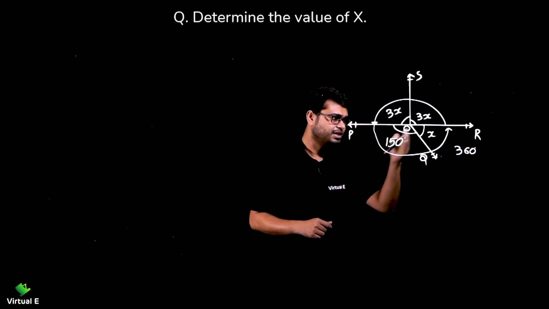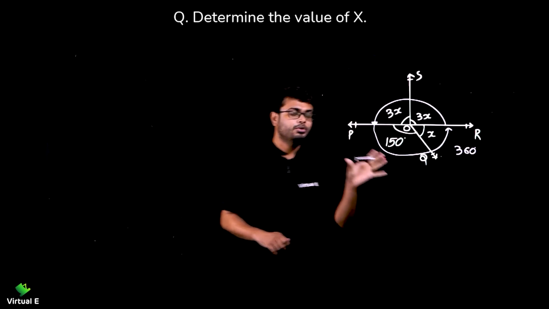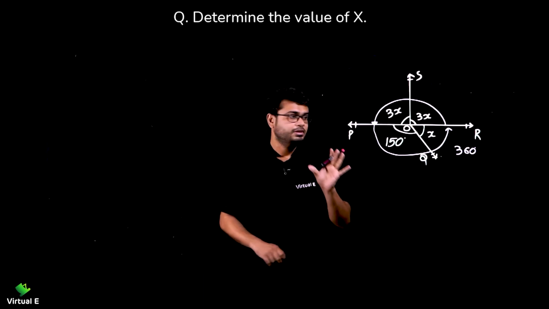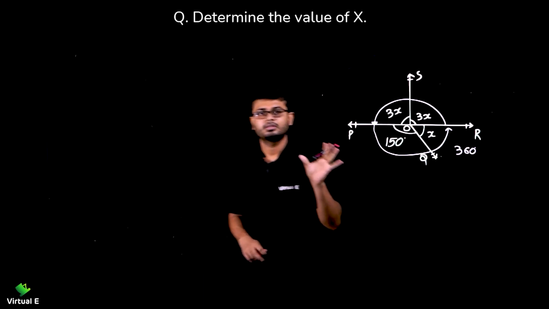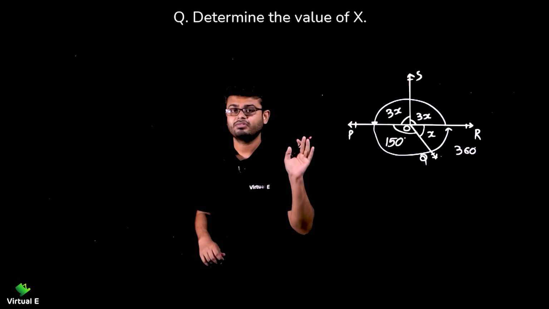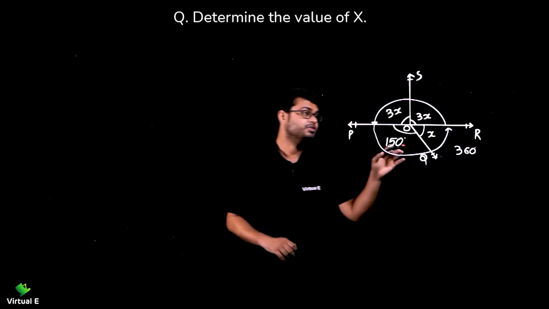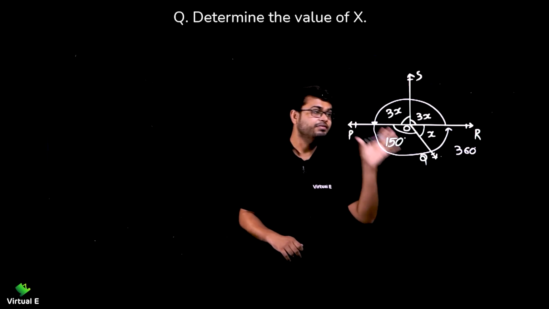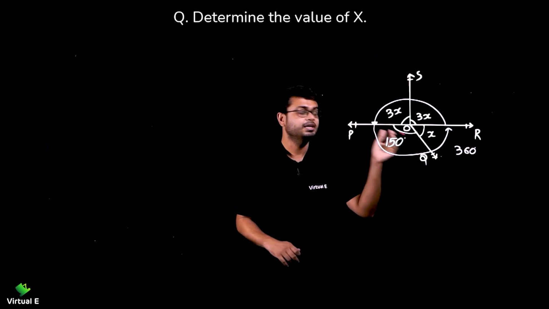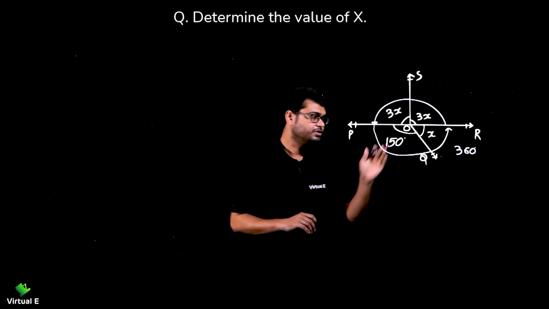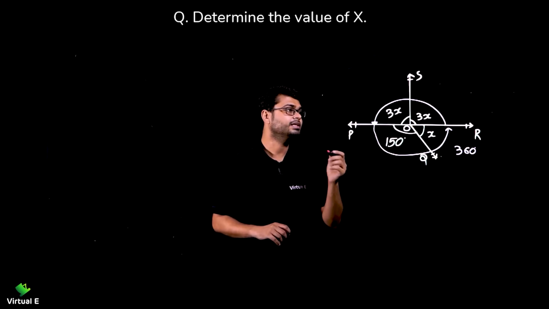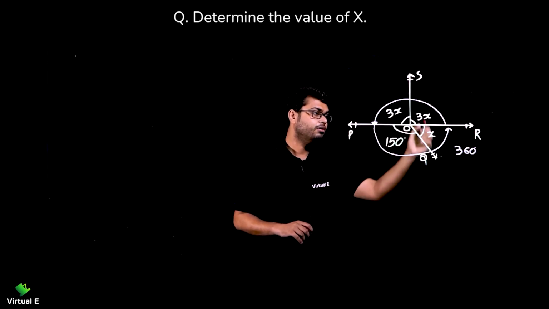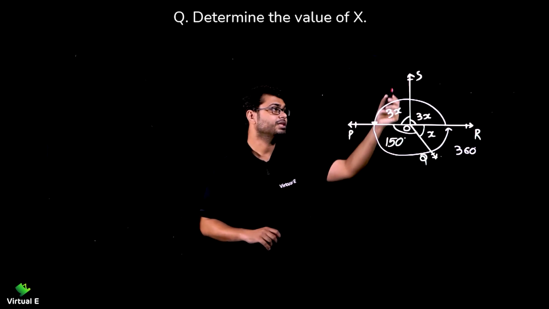So let's start with the linear pair. If we don't know whether it is a straight line or not, then we cannot follow it. Here it's only given: determine the value of x. There is no condition that PR is a straight line or something like that. So in that case, always use the complete angle. If anything is given that PR is a line, then you need to take it, right? So let's start with the concept of the complete angle. We are going to add all these angles, right? So let's name it